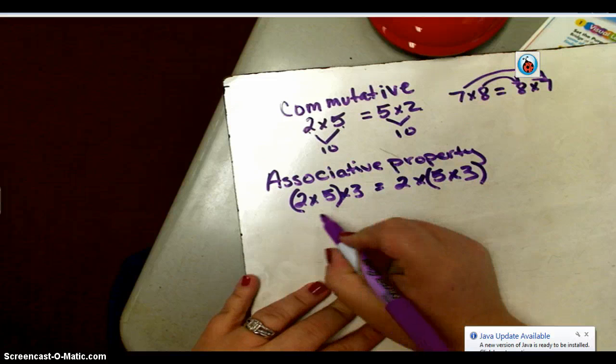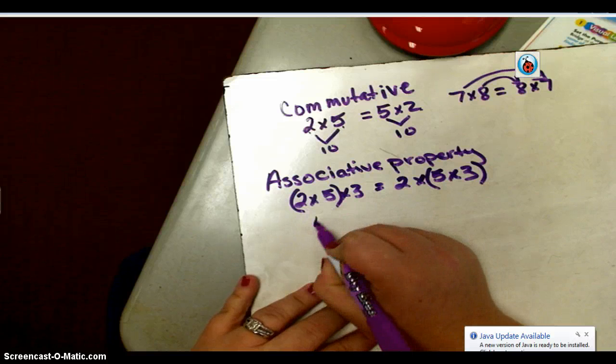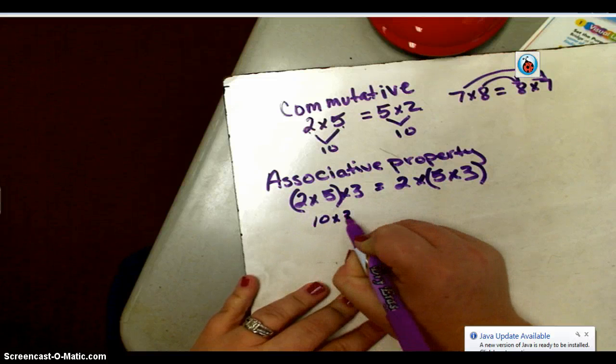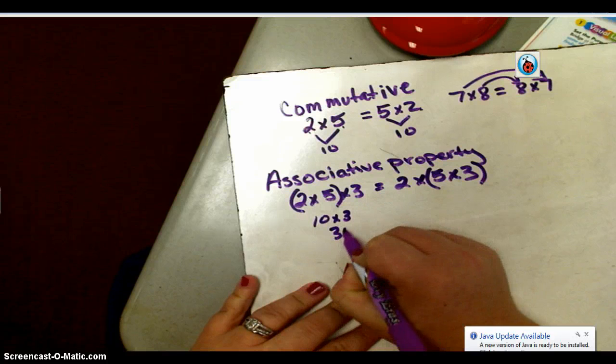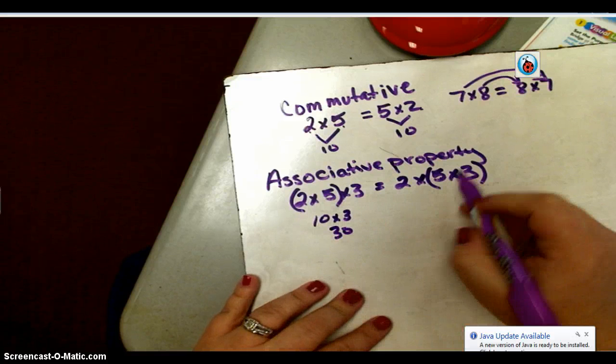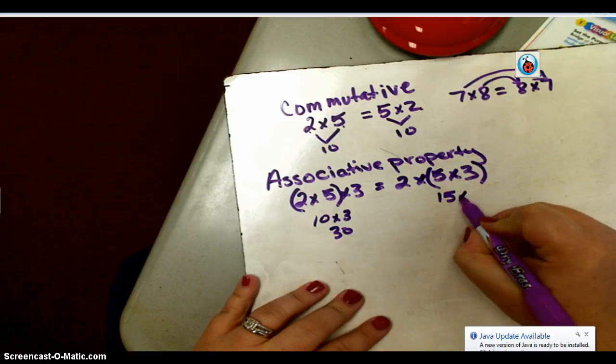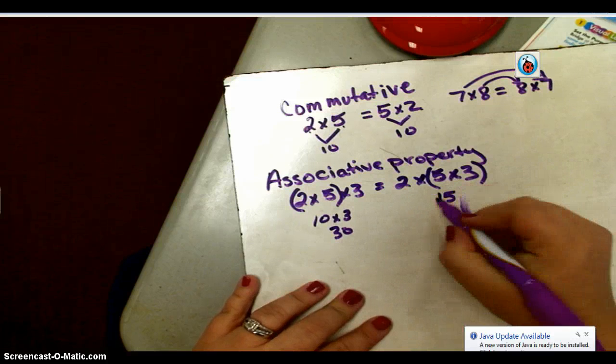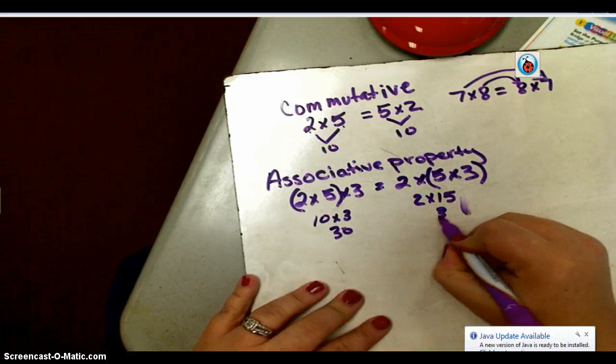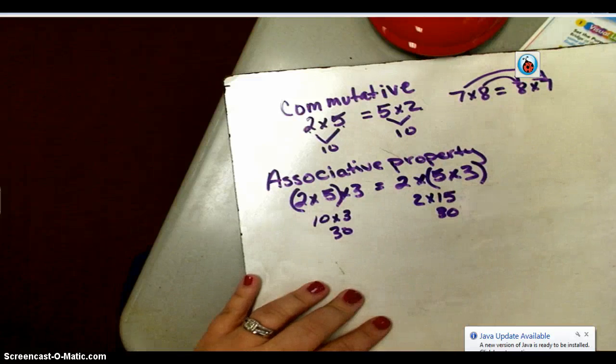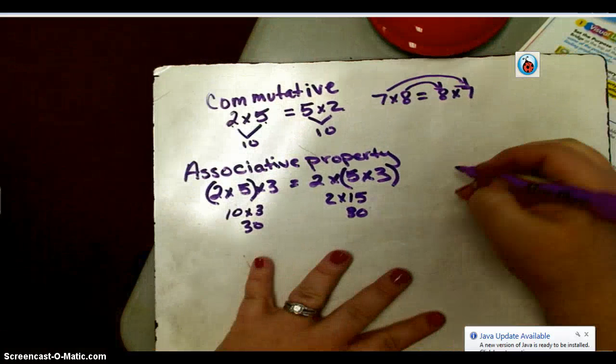Okay? So, and just to prove that, 2 times 5 would be 10. 10 times 3 is 30. Over here, 5 times 3 is 15. 15 times 2 is equal to 30 as well. Okay? So, another example would be